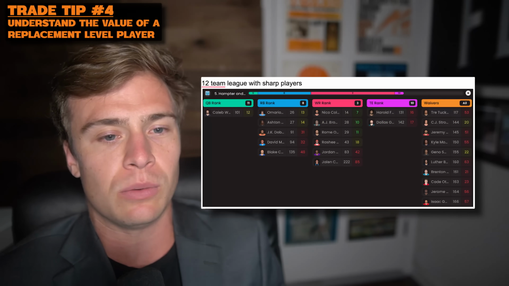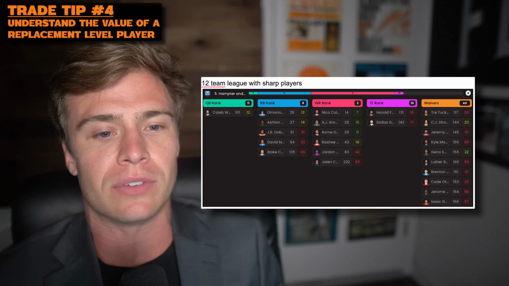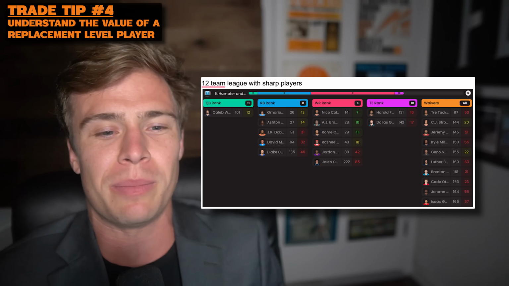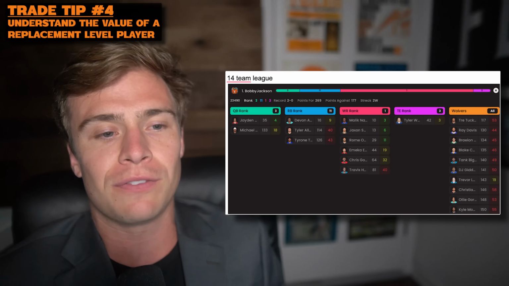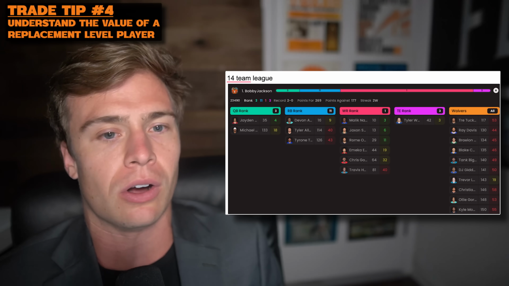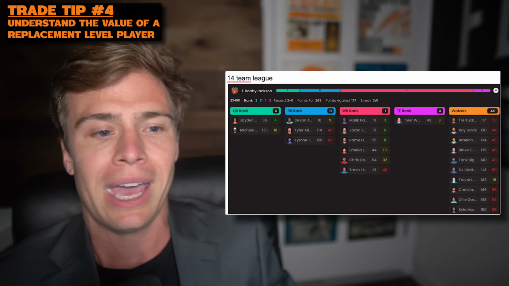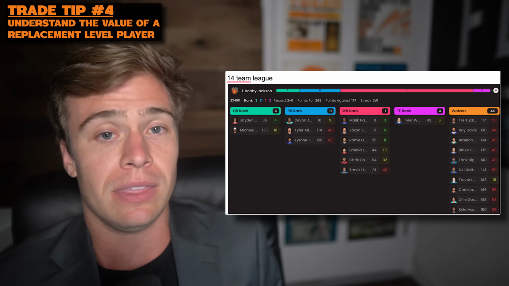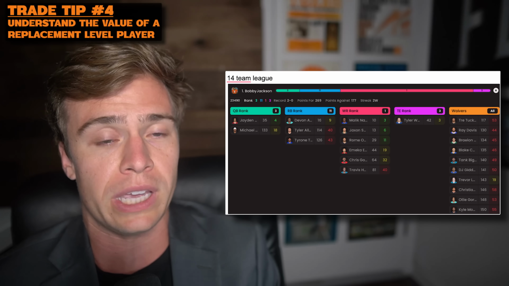A 12-team league with really good players that know what they're doing, maybe the best options you have on waivers are like Trey Tucker, Jeremy McNichols, Kyle Monangai, CJ Stroud, like absolute garbage. And then, of course, in a 14-team league, we know the replacement level players on the waiver wire are going to be bad as well. At the very best, you could just be picking up handcuff style running backs. And this concept of the replacement level player is going to be incredibly important to roll into the next tool